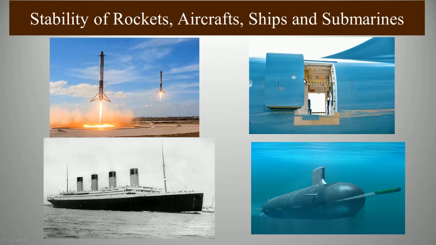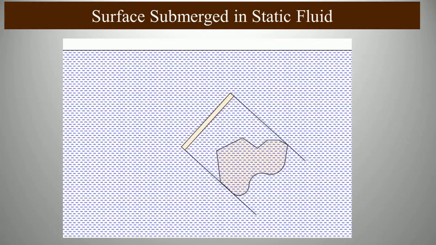We will go to the simplest case, where an inclined surface is submerged in water. This is the free surface of water, and this is an inclined surface, and this is the view when we see from this side. This is the surface here, and this is the view here. When we are seeing from this side, it looks this way.